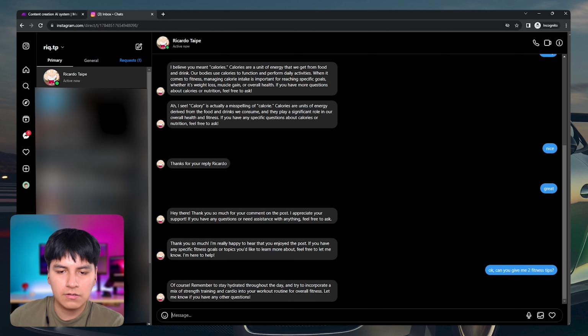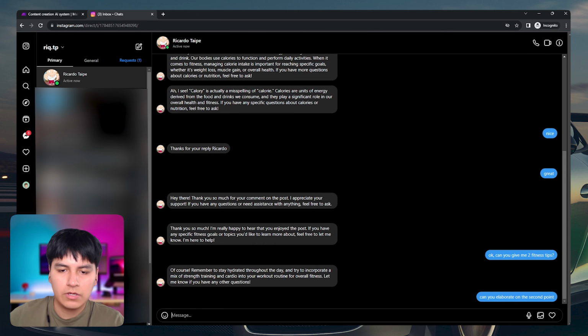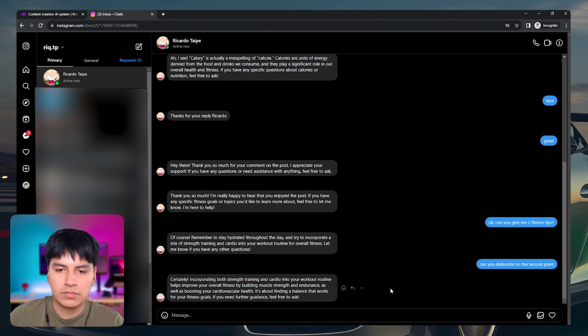Now let's see, can you elaborate on the second point, which is to try to incorporate a mix of strength training and cardio. So I'm sending this message so you can see that it has context to the whole conversation. And as you can see, incorporating both strength training and cardio. So it does have context of everything, and it's not dumb, to say the least. And as you can see, it worked perfectly,